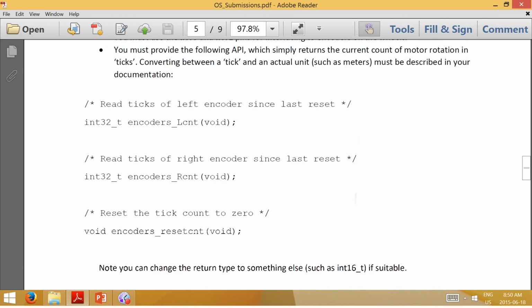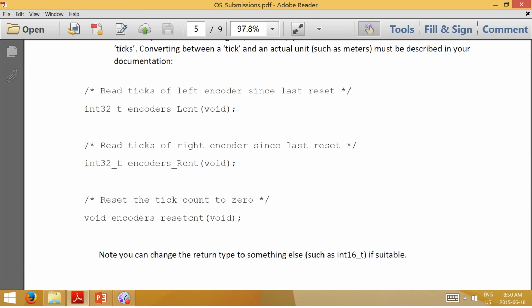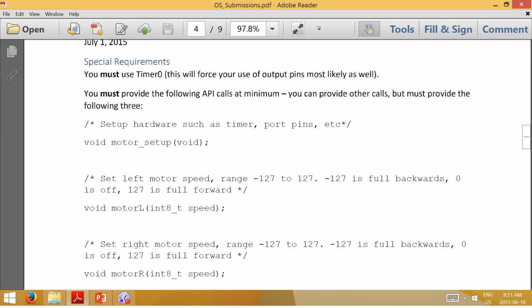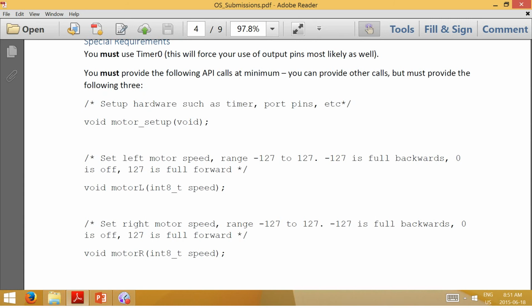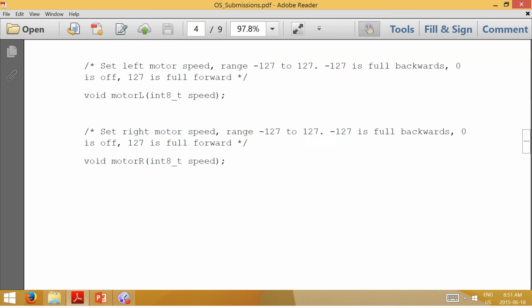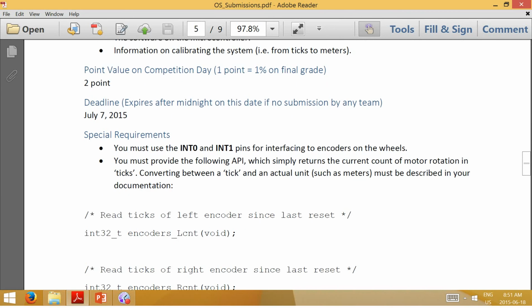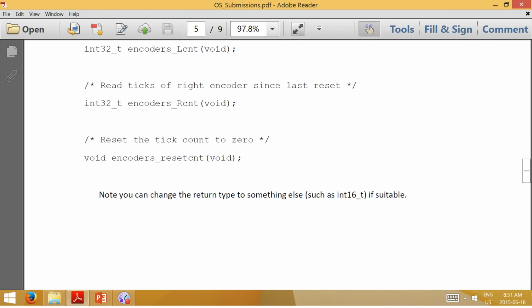So there's not a lot to this one, and the user will have to be careful because you haven't actually dealt with going left or going forward or backwards. So to use this module with the motor driver will require the user to do a little bit more hacking, in that they'll have to figure out, when the motor's spinning forward, I have to increment one of these ticks, and when the motor's spinning backwards, I have to decrement it. A lot of these projects are mostly complete, but it still requires people to think a little bit about using them. I don't want it to be that someone's completely solved everything for you.